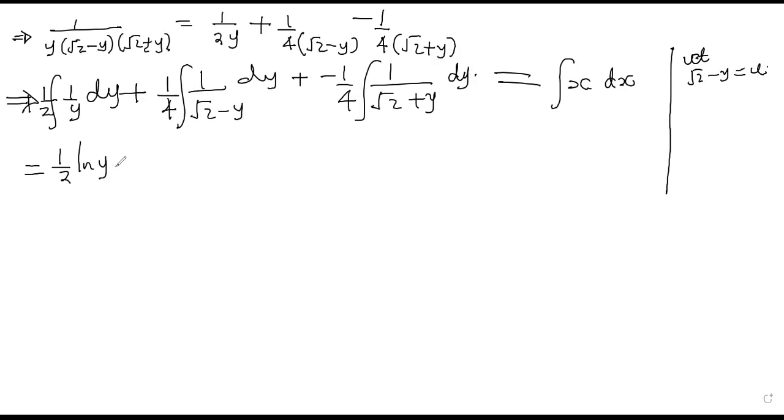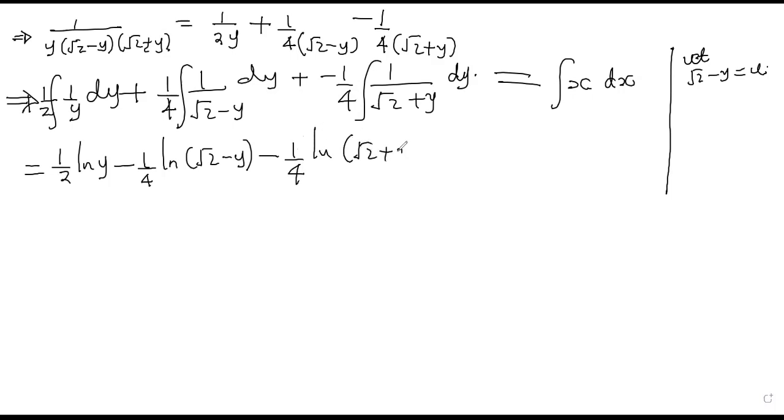So that's why we say negative. So it will be negative a quarter ln √2 minus y. Then still minus a quarter, because there being a positive here, we shall just say ln